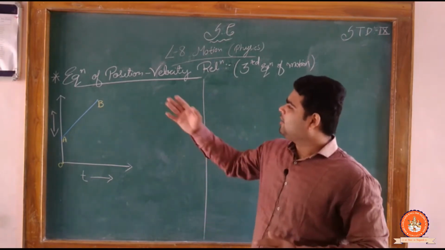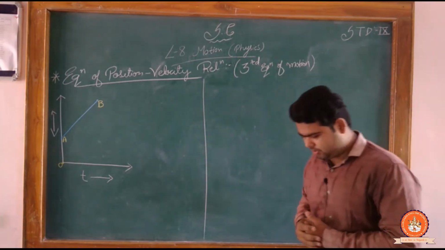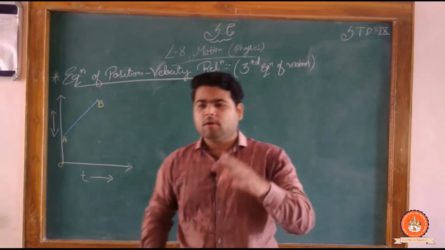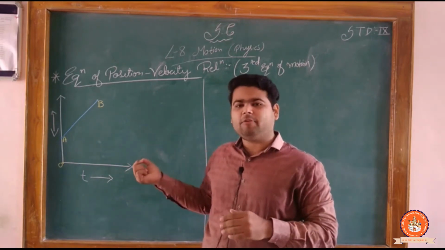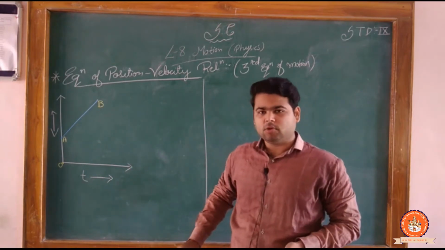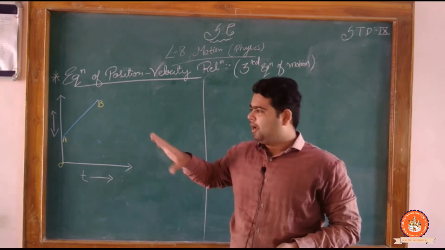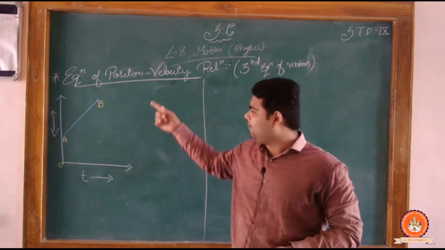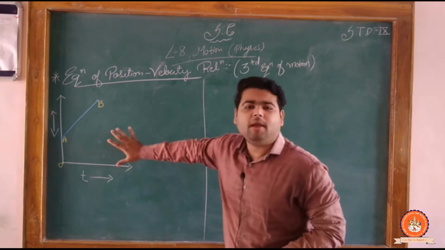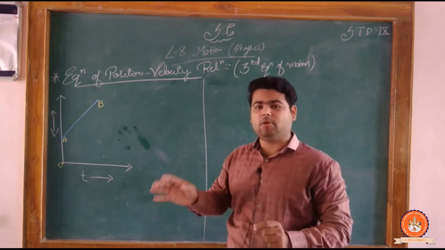Now we are going to start the position-velocity relation, also known as the third equation of motion. Clear? Today we are going to start the derivation of that equation, so be careful. When you write the equation, first of all you have to describe the figure. In the previous lecture I had not given you this, because at the final point I will discuss it, so you can write it yourself also. We always have to describe the figure. After that we can write the things, or derive them.